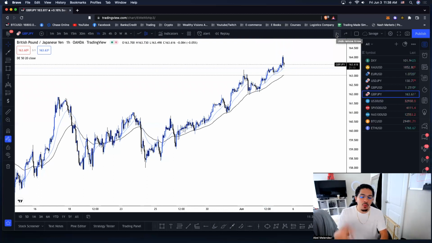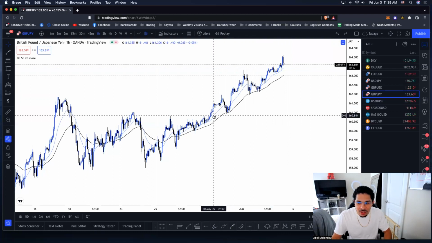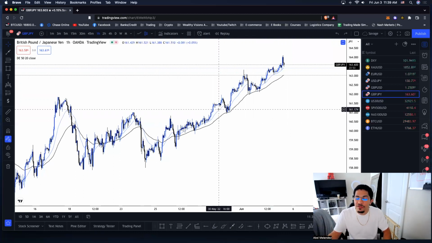So very simple. Whenever price is above the moving average, that is telling us that we are in an uptrending structure. Whenever price is above the 50-period moving average, to be specific, we are in an uptrend. Another way to utilize it is if you have both of these moving averages on the screen, the 20 and the 50, whenever the 20, which is the lighter colored moving average, is above the 50, we are also in a bullish trend.